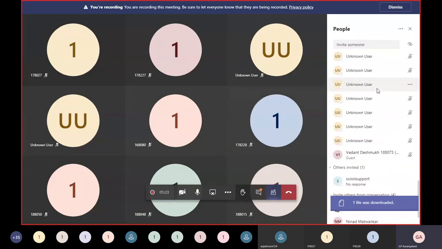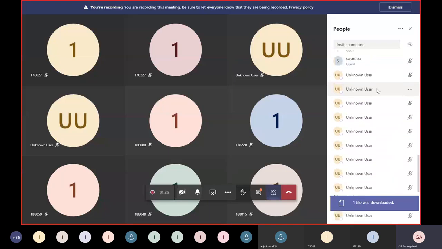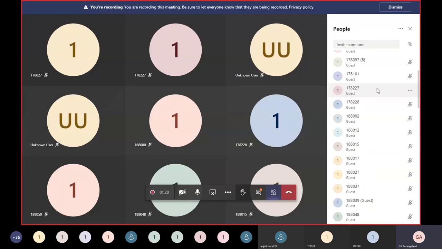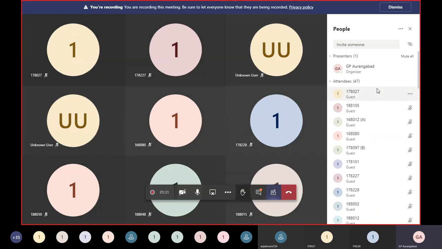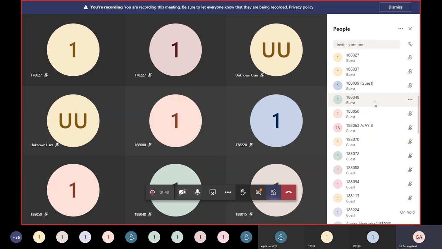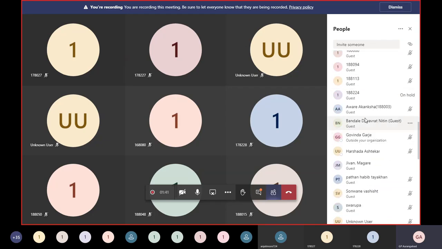My request to you is that whenever you connect, these are the students who understand something. I have already put on your WhatsApp that if you want to join, you join with your enrollment number, so it becomes easy for me to take attendance. For these names, I can identify their enrollment numbers.